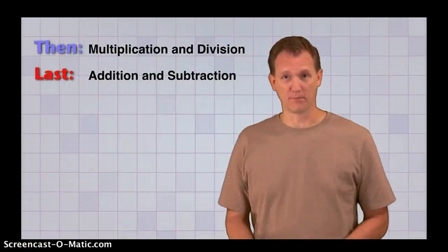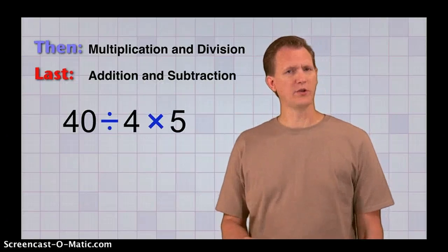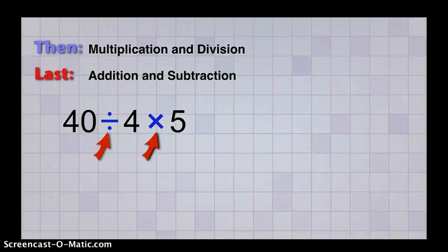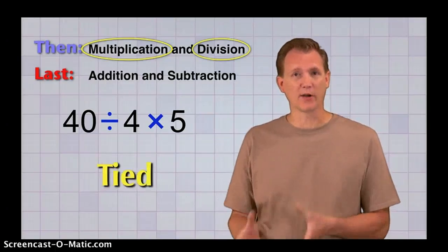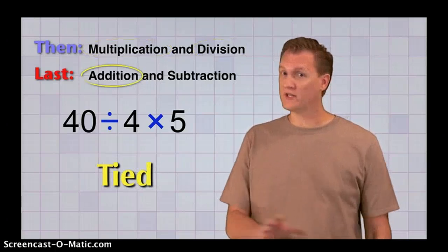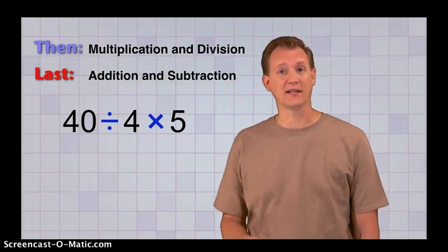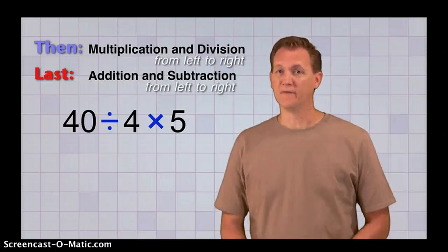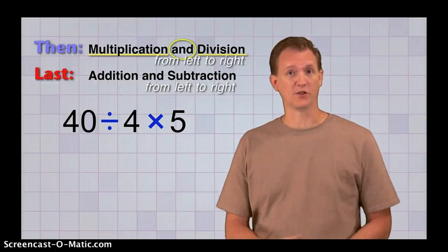There's one last problem. 40 divided by 4 times 5. Which do we do first, the multiplication or division? Our rules don't tell us. Well, that's because multiplication and division are tied for priority or importance. So are addition and subtraction. And that's the reason we need an extra part at the end of each of these rules that says from left to right. If you have a problem that has both multiplication and division, then you're supposed to work it